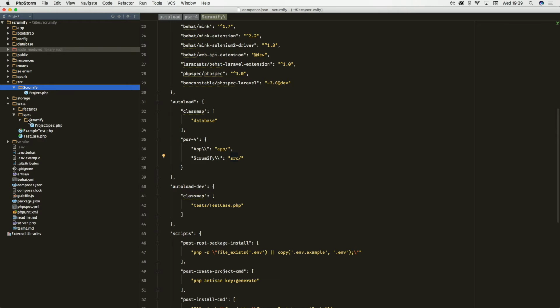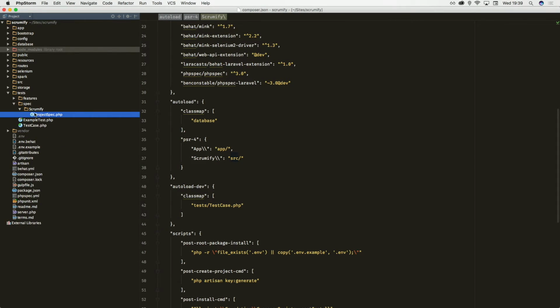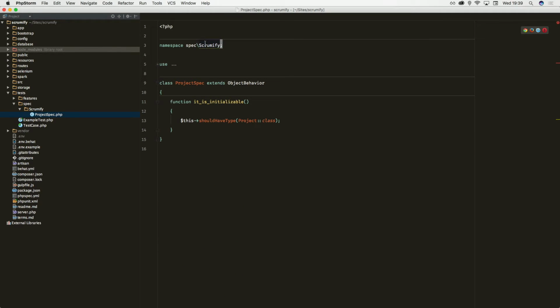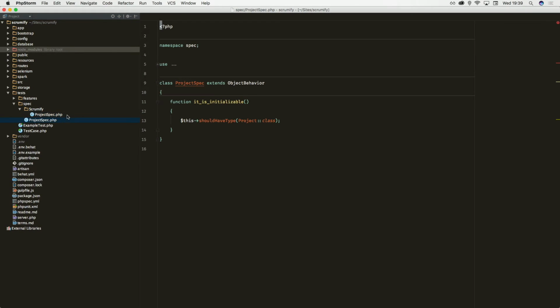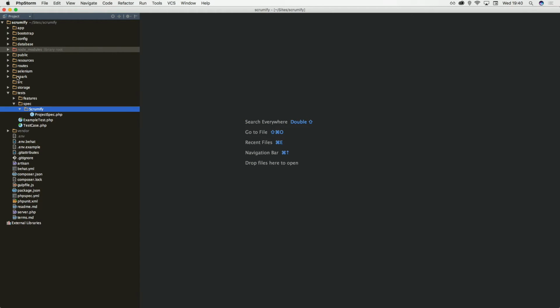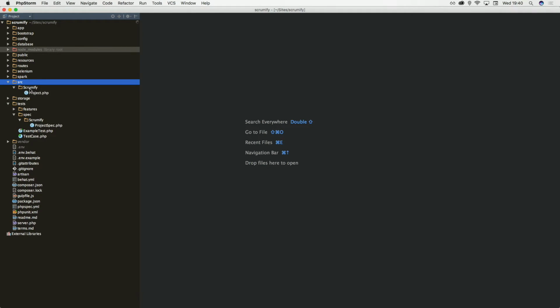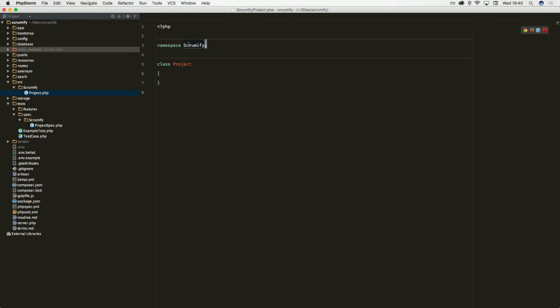Horrible. Okay, yeah, I will just remove it entirely. This one, I will just remove the namespace from there and move the file outside of the Scrumify folder. Or no, I'm going to redo it, sorry. So the file still does exist there,